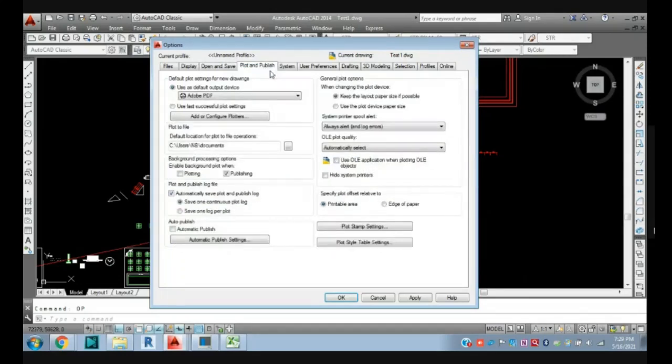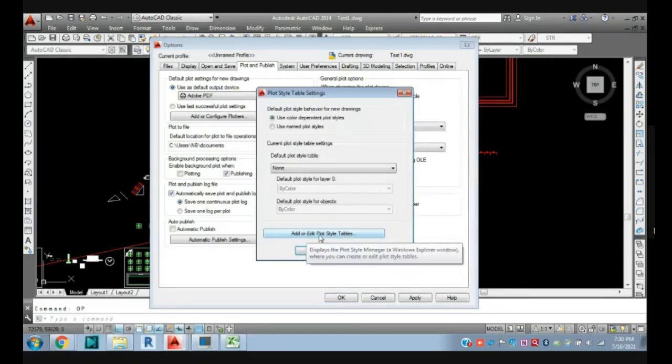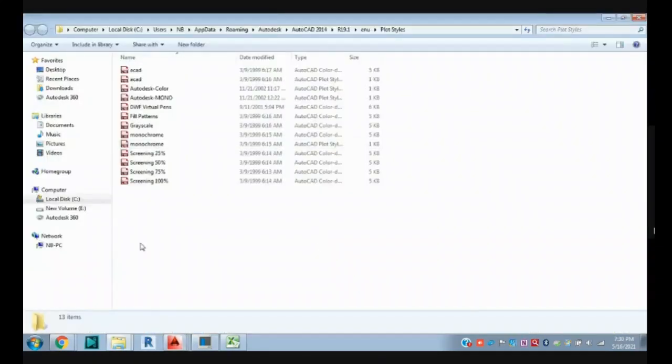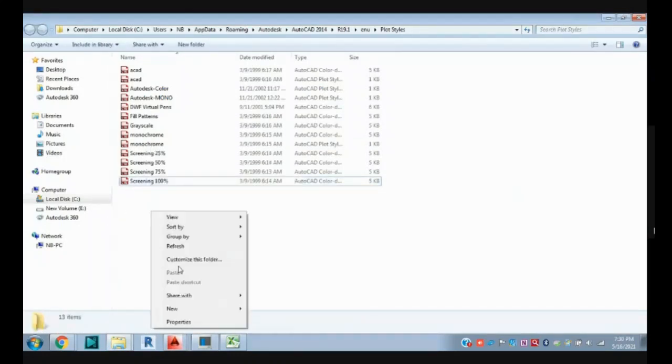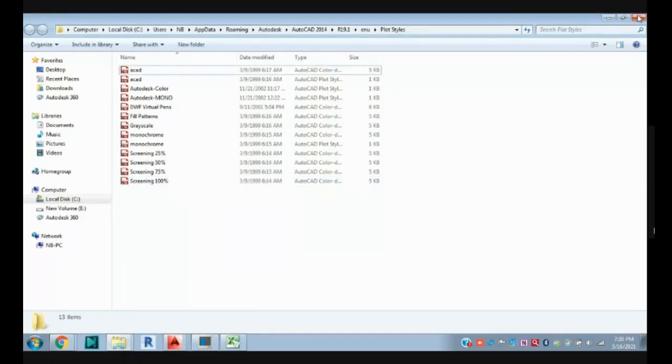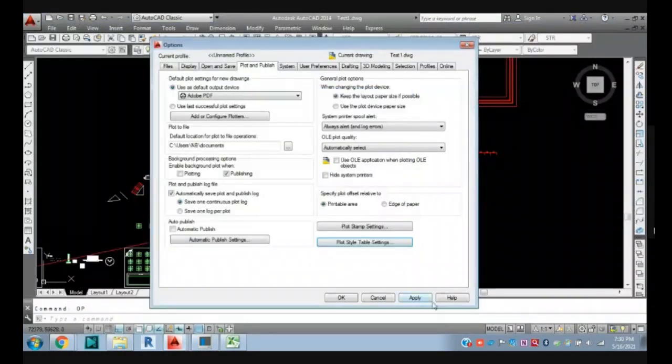Then plot and publish. Yesterday I told you about the CTB plot style table setting, meaning the CTB file location. If you have received some CTB file and want to use it in your drawing, go to options, plot and publish, click plot style table setting, and add here, edit plot style table, and just paste it here. You can easily copy and paste it, then refresh. Once done, close this, okay, apply.